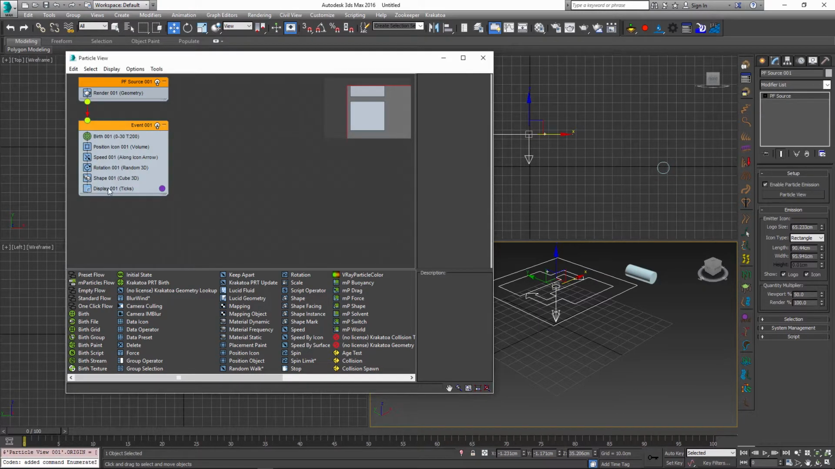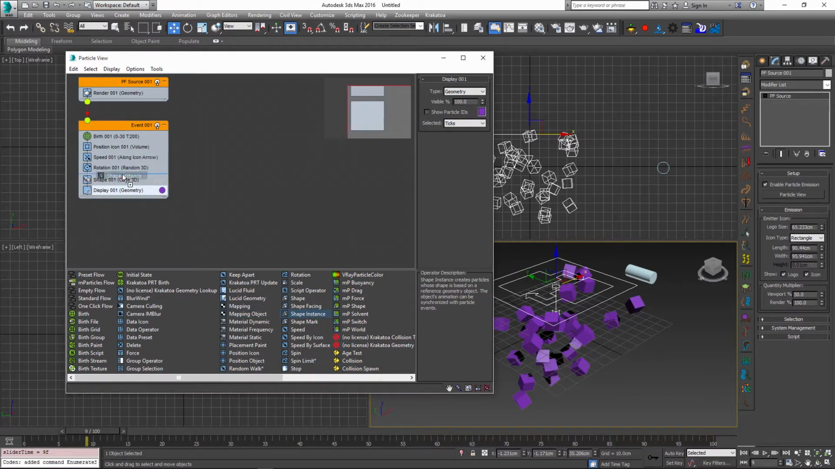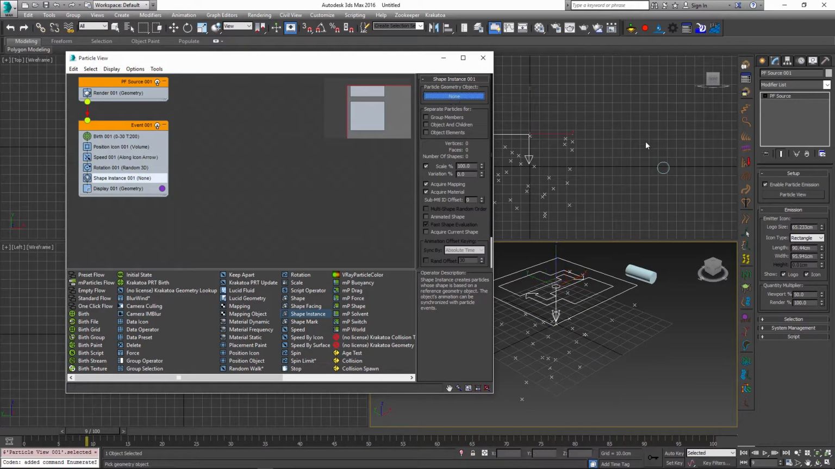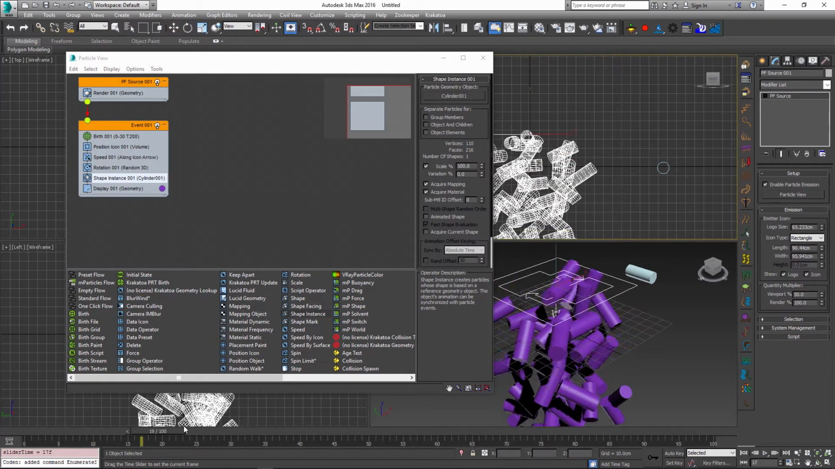First thing I will do is set my display as geometry as opposed to ticks, so we can see the final geometry. Right now it's displaying the boxes. And second is I need to set my shape to be a geometry from inside my scene. To do this, I'm going to use the shape instance operator, and I'm going to replace the shape operator that was there before with it. Once I do this, I select my cylinder as the shape, and now we have all these particles generating cylinders